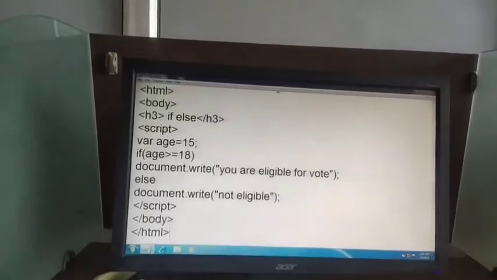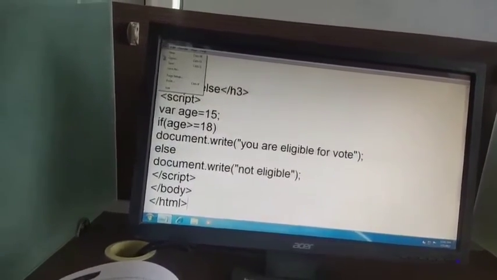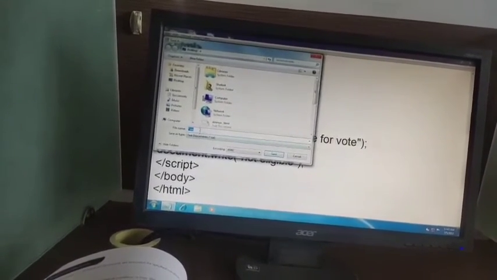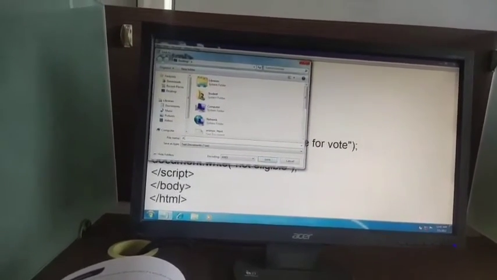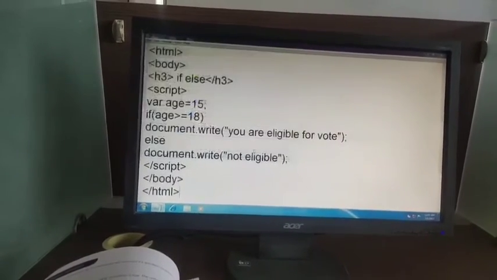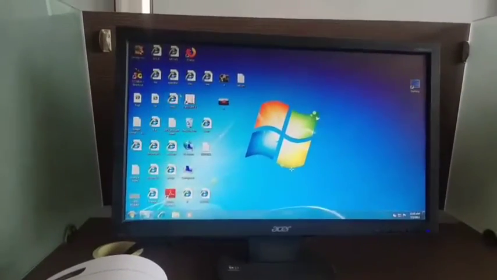You know how to save it. You have to click on the File button, go to Save. On the desktop I am saving it with the name of if.html. Okay, save.